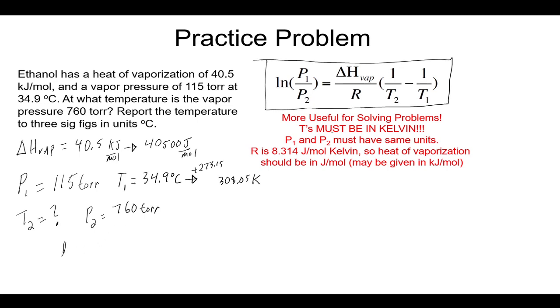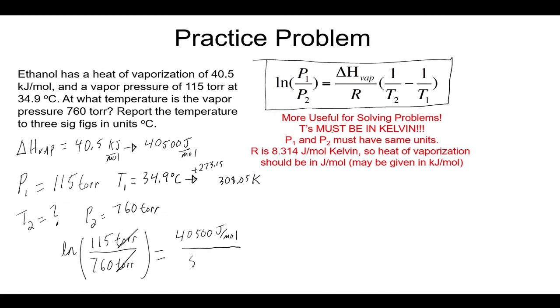So natural log of P1 over P2, 115 torr over 760 torr. Again, you can convert them to whatever pressure unit you like as long as they're the same. That'll be just fine. This is equal to delta H, 40,500 joules per mole,